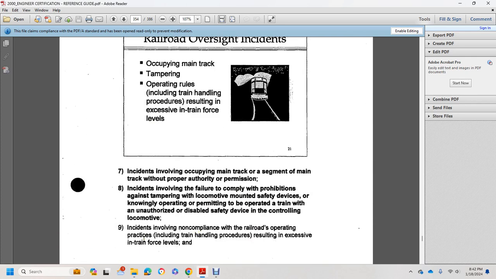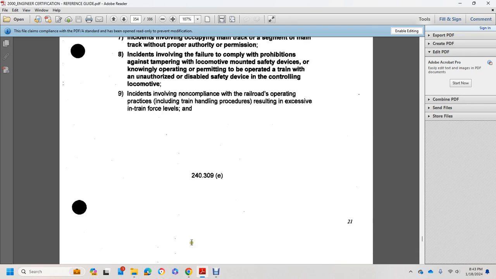Incidents involved in occupying main track segments of the main track without proper authority and permission, including incidents involved with the failure to comply with the prohibition against tampering with the locomotive monitoring safety device, knowingly operating or permitting it to be operated with the train as an unauthorized disabled safety device in the controlling locomotive, including incidents involved with non-compliance with the railroad operating procedure, including train handling procedures resulting in excess of the train force levels, and